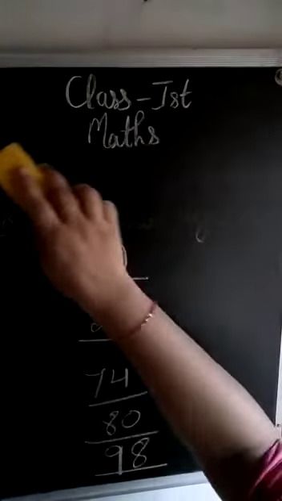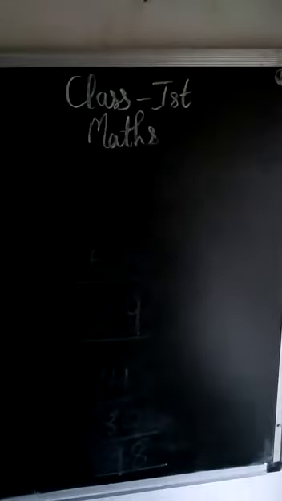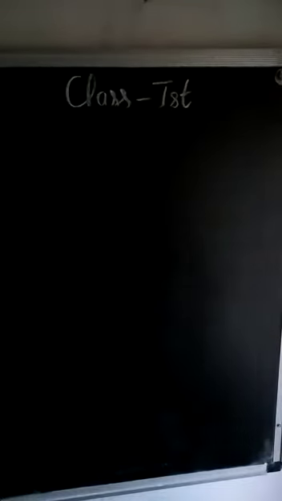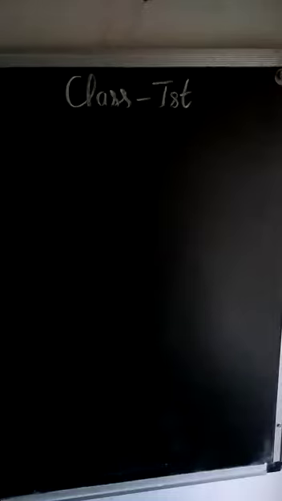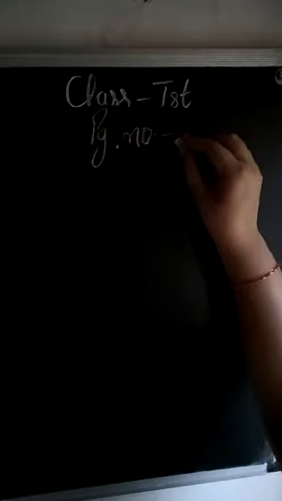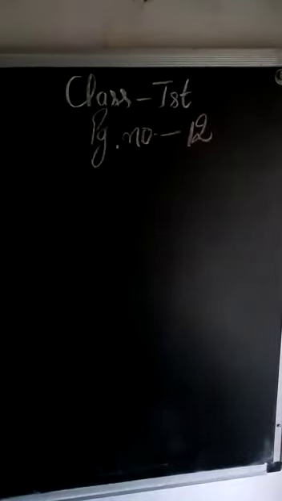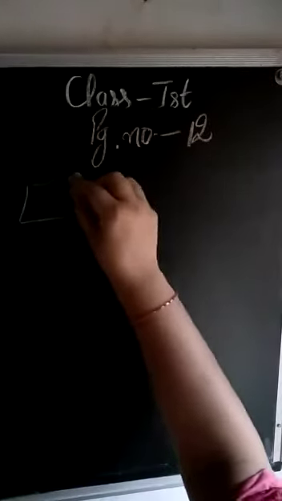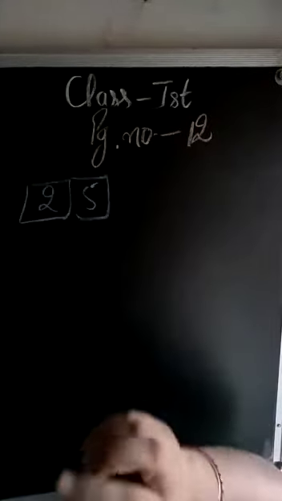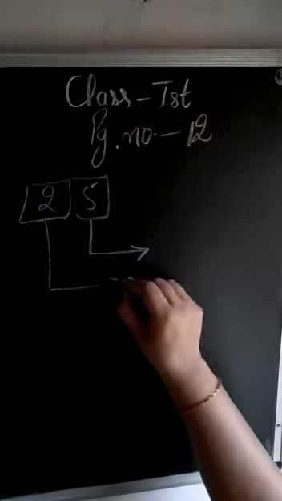solve the whole exercise. Now come to your next page, that is exercise number 2.2. The question number is second, and page number is 12. Clear? Here they had given the sum, they had already positioned the number, you can see 2, 5, and we have to write the place value of that given number.